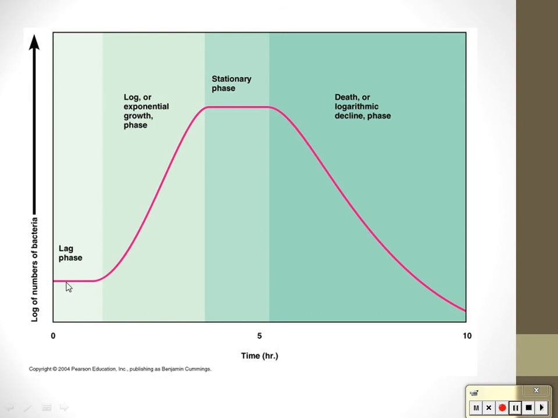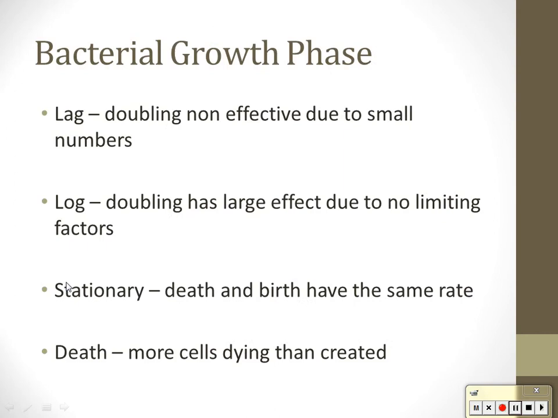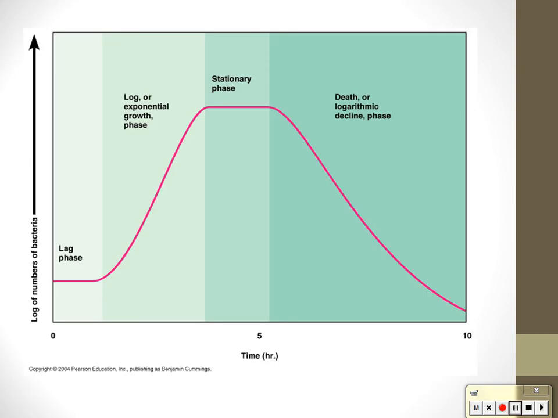In the beginning, you have what's called the lag phase, and the lag phase looks kind of flat because, well, if you have one bacteria, it converts to 2, converts to 4, converts to 16, it goes like that. So when the numbers are low enough, the lag phase doesn't show any difference. And then suddenly, as the numbers get big enough, you see this log phase, this exponential growth. And that's because 1,000 turned into 100,000, and 100,000 turned into 1,000,000. They're all doubling and tripling and all that jazz.